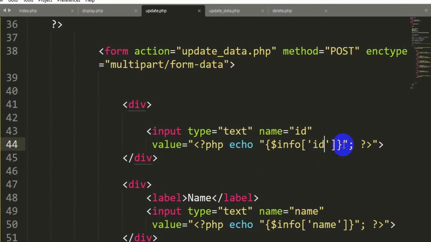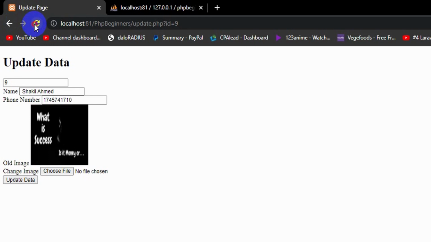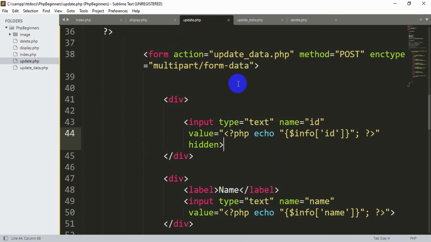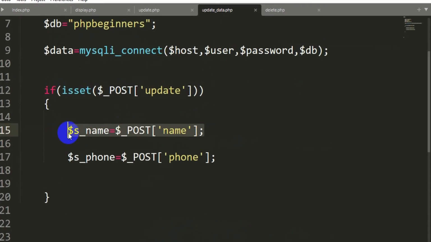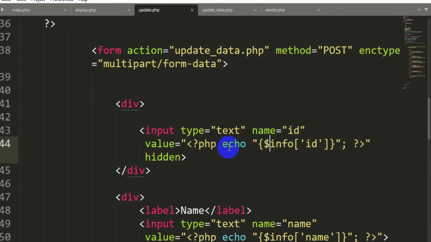So all we are going to do is that in this input field we are just going to say over here hidden. So if you now save it and refresh over here, you can see the ID is not here, you cannot see it, but we will be able to get the ID to our update_php. So let me just copy this line, Control C and Control V. Here in the post we'll say ID, and here we'll also say s_ID. So here you can see this ID coming from over here. You can see the name is equal to ID, and in the value we have the ID.